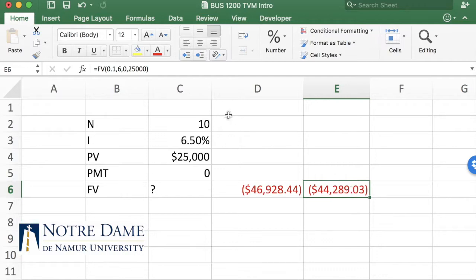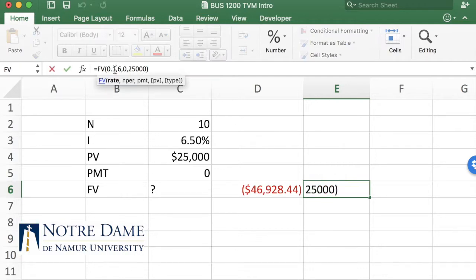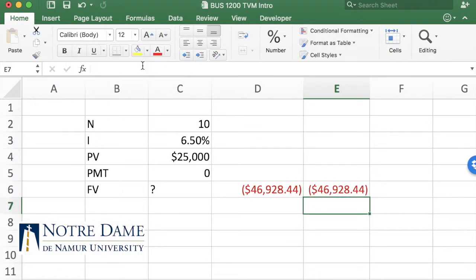Oh, I'm sorry, I changed 10%. See, this is one of the problems you get. So it's not changing 10%, 0.0, whoops. See how much fun this is? 0.065. That's the rate, right? That's correct. Now I change the 6 to 10, and that's 10 years, so this should work, and it does,